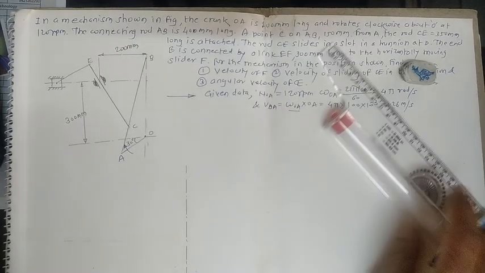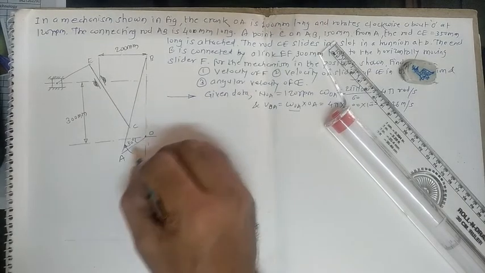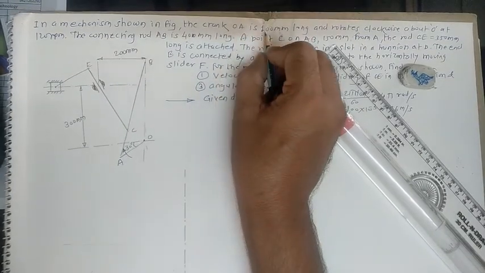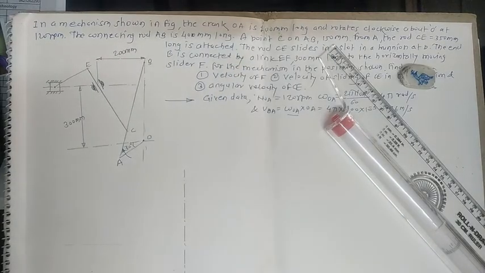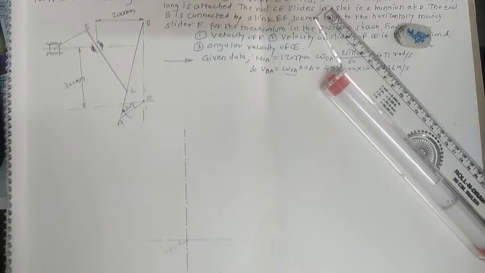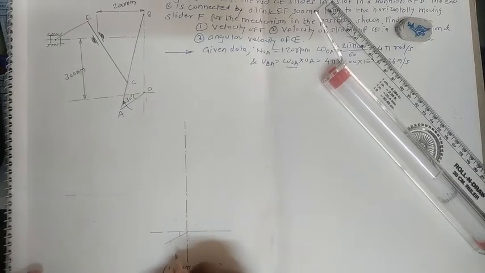Now continue to draw this configuration diagram. So here this angle is 30 degree. By taking the reference of this one, the length of this line, the length of this OA is 100 mm. For that 100 mm, I will take the scale here, 100 mm equals 20 mm. In this way, decide the scale for the remaining one. For this 100 mm, I will just consider as 20 mm. So at the bottom of this one, just mention here space diagram.